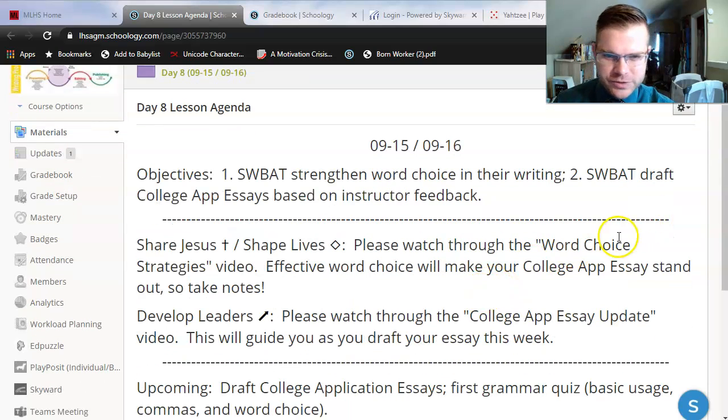I didn't think that word choice would take me as long as it did to teach, but it is such a valuable lesson on trying to clear up those errors in our writing, especially as we prepare our college application essays this week. I should note that for word choice, I normally spread out that very lesson over 6 weeks or so. I usually spend about 2 weeks on nouns, 2 weeks on verbs, 2 weeks on adjectives and adverbs. I had to condense it down to one lesson just to make sure that we are making good pace in